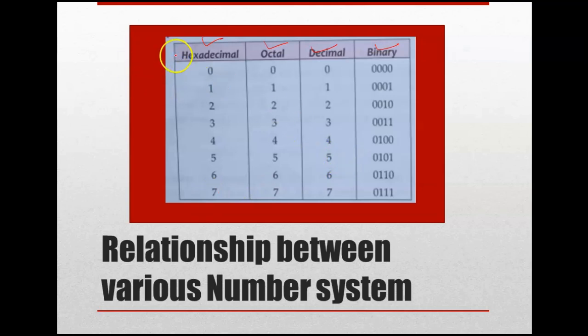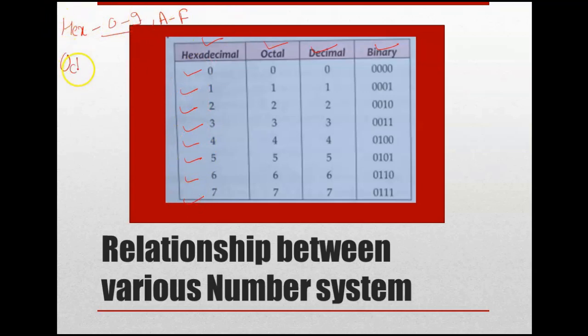values or symbols, in case of hexadecimal number, if you remember, it is actually a combination from 0 to 9 with A to F. But 0 to 9 is there. So we are talking about 0 to 7. That means in hexa also you can use 0 to 7. There is no change: 0, 1, 2, 3, 4, 5, 6, 7. Because all these symbols are coming under the range.